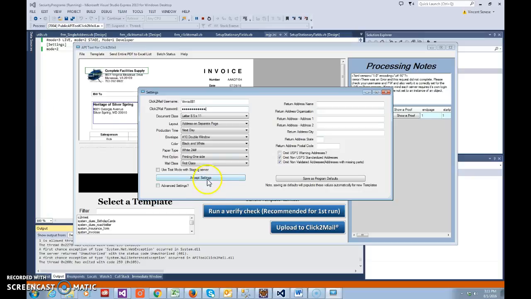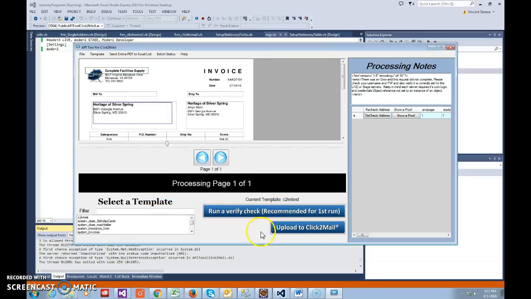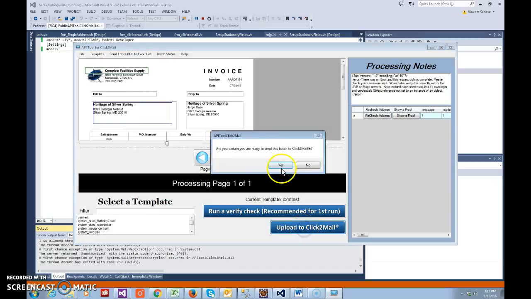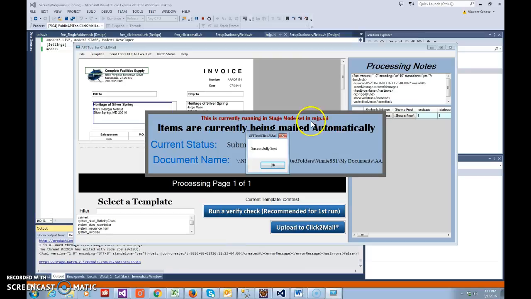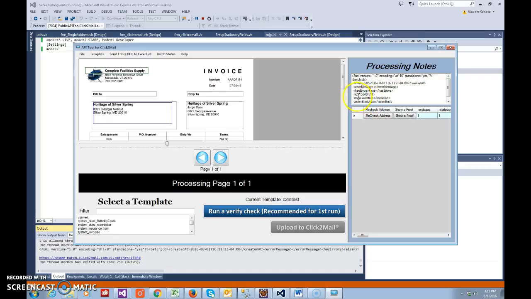so this is now going to the stage server. I'm going to accept this, and when I click upload, you'll actually see on here, it says currently running in stage mode, set in mjp.ini. Well, that'll show up if you have it in develop mode or stage mode, so it's kind of just a warning on here that you're not live. So it successfully went through. The batch number returned, you can see that's clearly a stage server batch ID, and that's all controlled by this